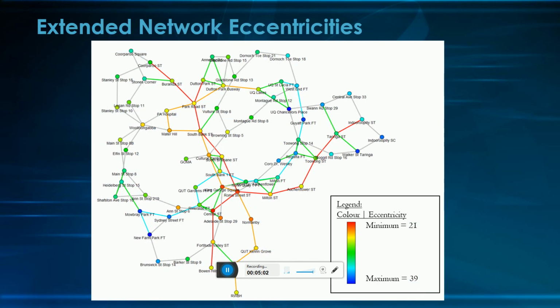Now, if we consider the eccentricities of the extended network, the most central points appear again to be King George Square, Roma Street Station, and Central Station as expected. However, the eccentricities along the metro line are also much lower as a result, because having access to this faster metro path means they can more easily get to all the